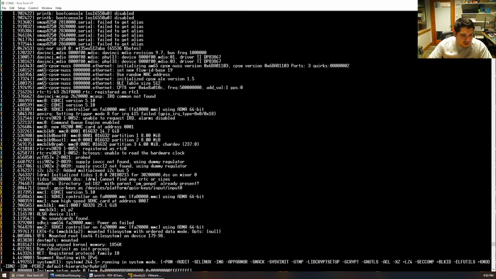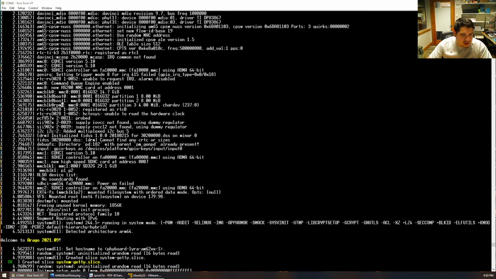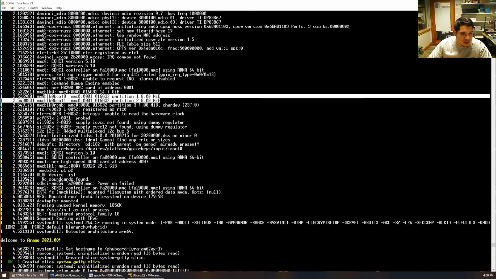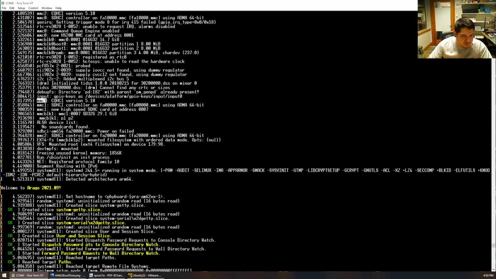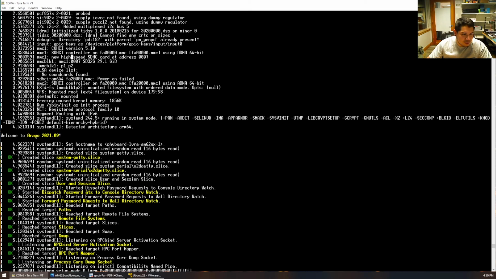Shortly after, MMC 0 is the eMMC, which we can see via these boot hardware partitions. MMC 1 is the SD card, and shortly after having that come up, we confirm the size of the card here. Once that comes up, we are mounting the root file system,